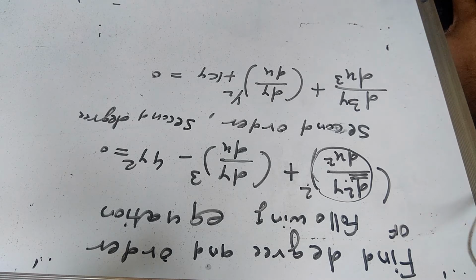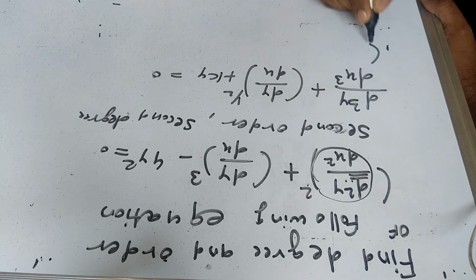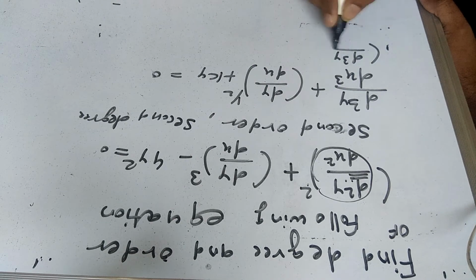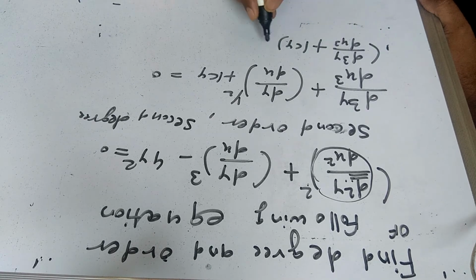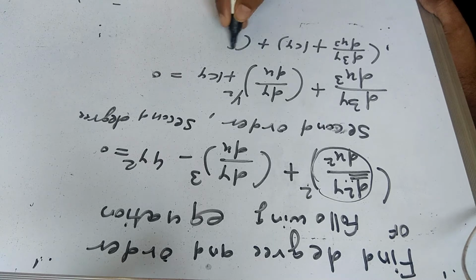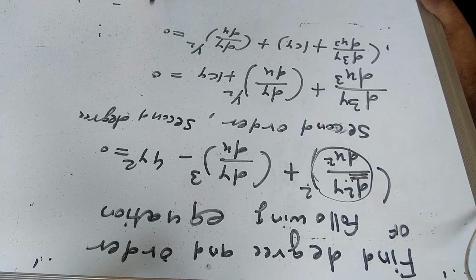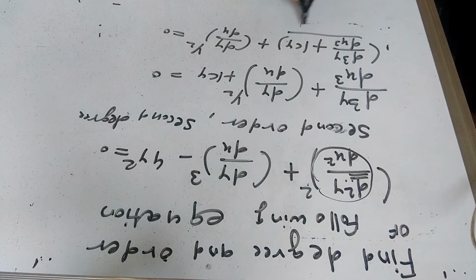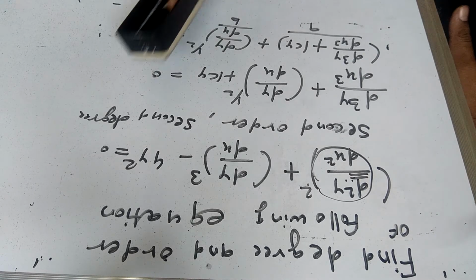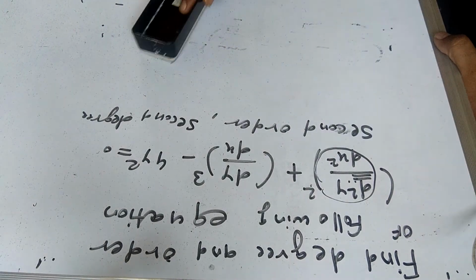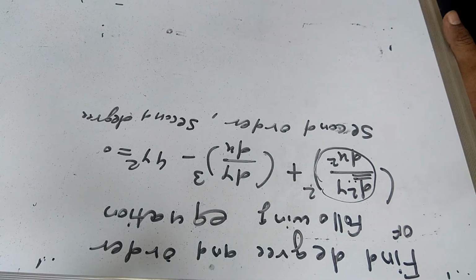To take square on both sides we can do some arrangements like: d3y by dx cube plus ky we take in one bracket and dy by dx raised to half we take in a second bracket. So this whole term is a, this whole term is b, and so we can take the square of these two terms. If we take the square on both sides, you will get